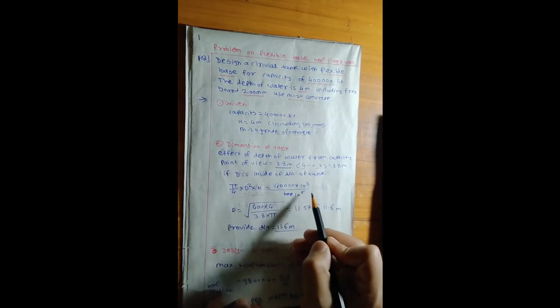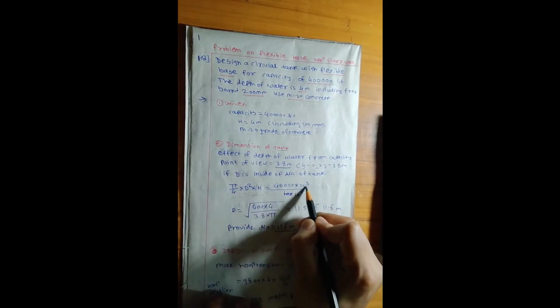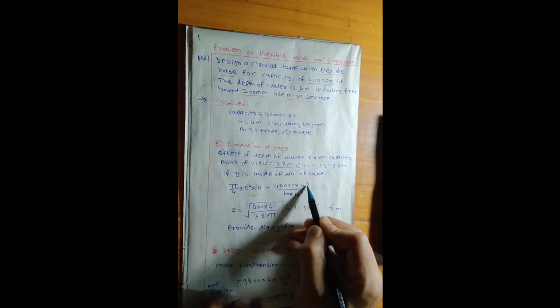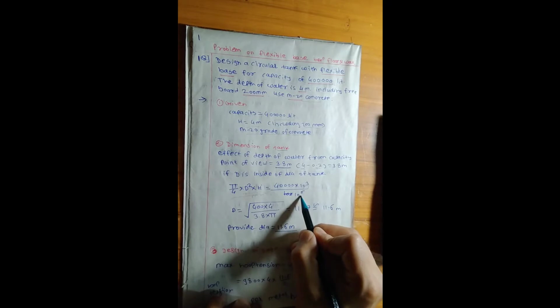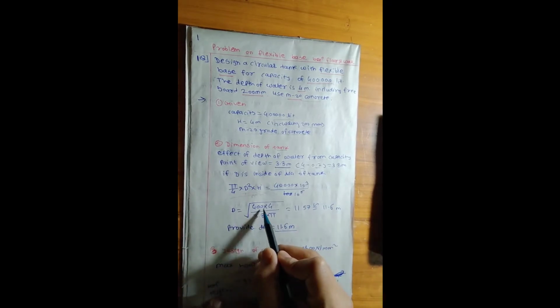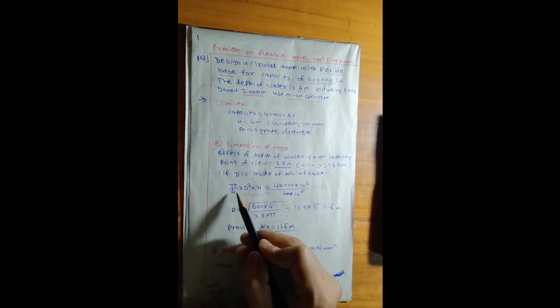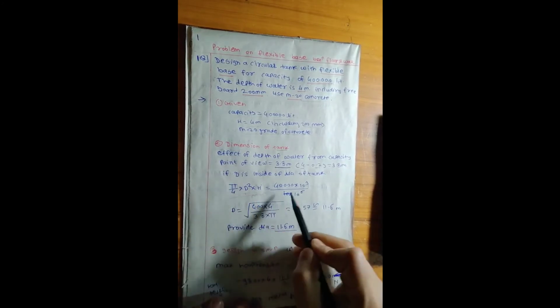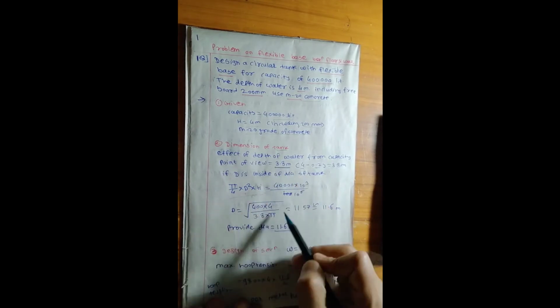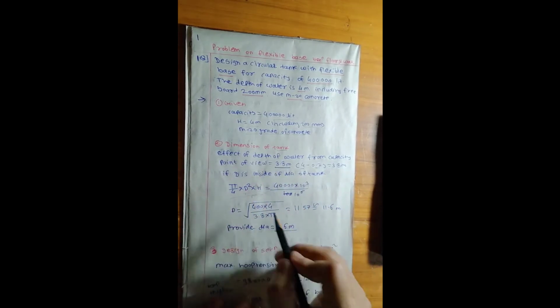So we also have to convert the liter into meter cube. So 4 lakh into 10^-3 divided by 10^6. So D is equal to 400 into 4. This 4 goes from division to multiplication.